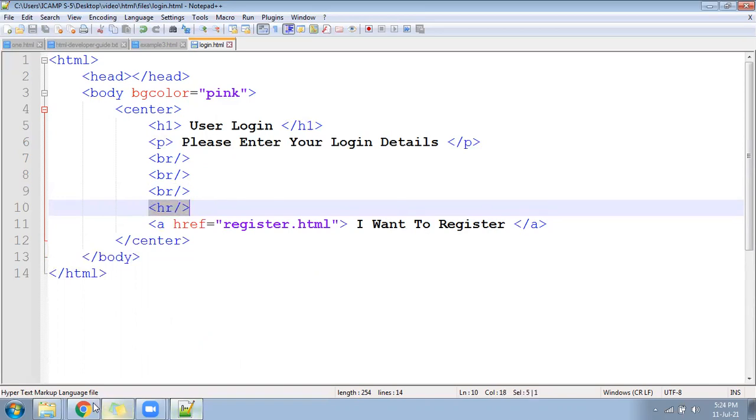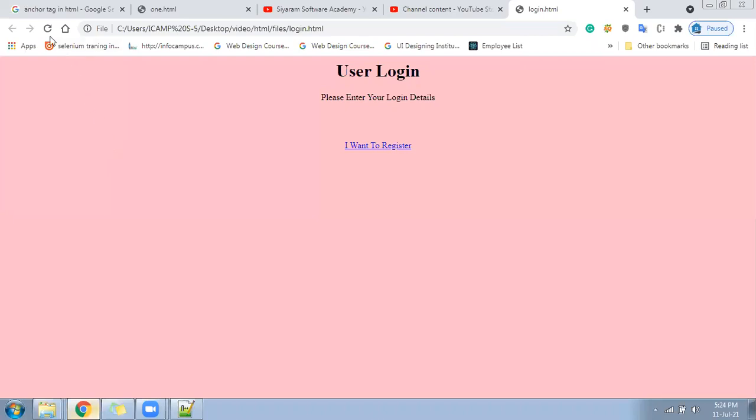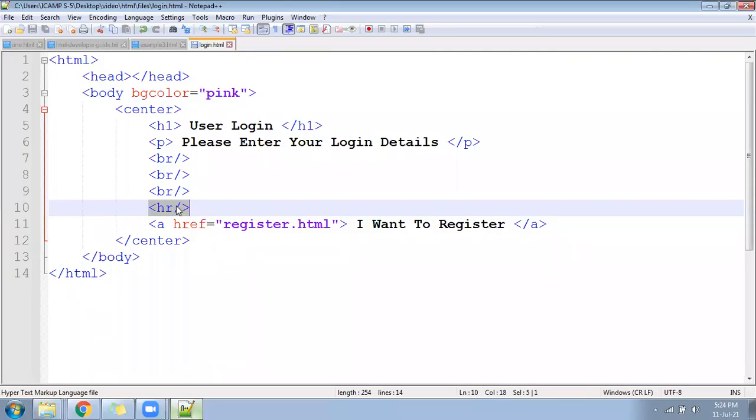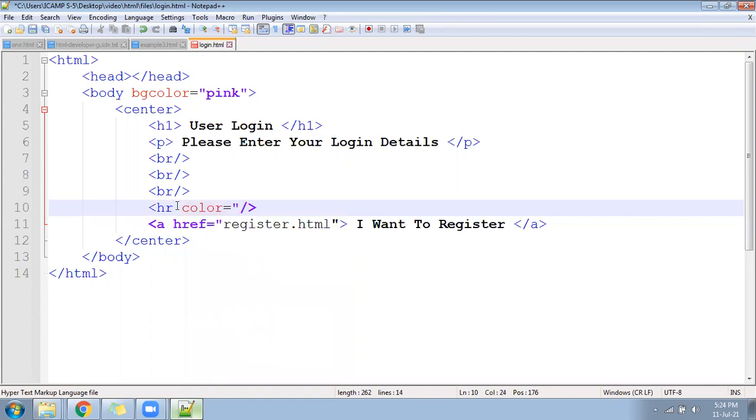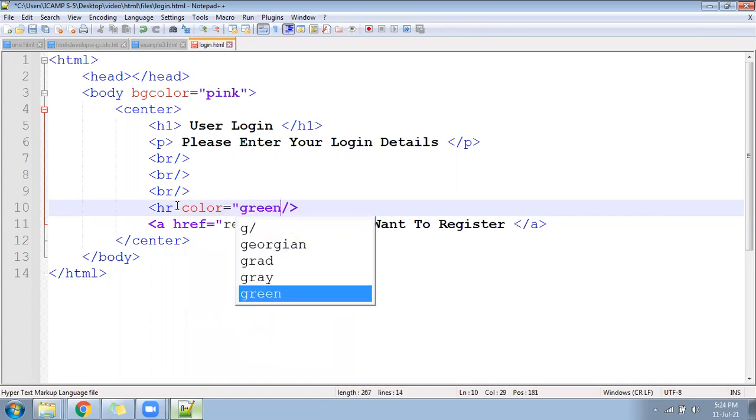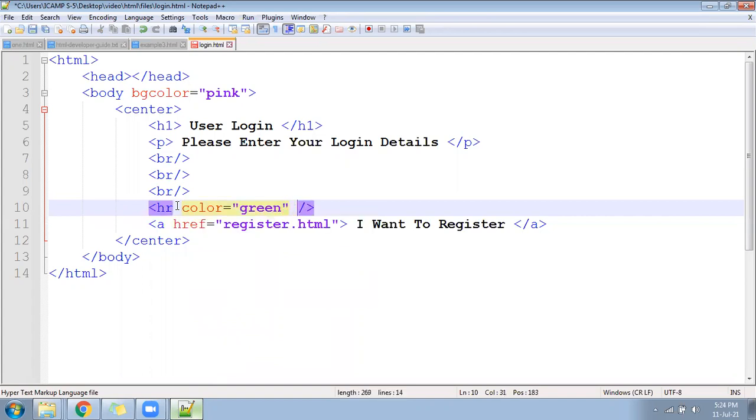Okay. Now let me go here, refresh the page. You saw one HR line came here, horizontal line. Now inside that, we can change the color equal to green color, and size equal to 5. So color is nothing but the line color.